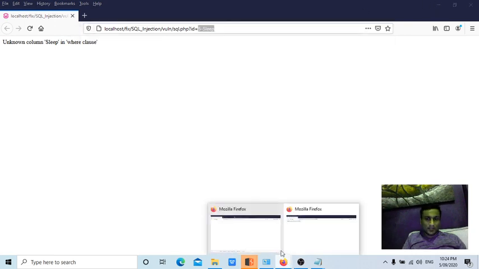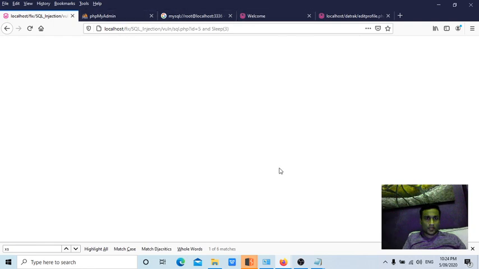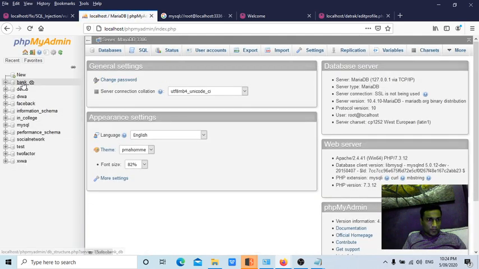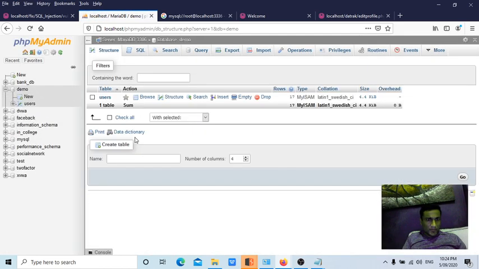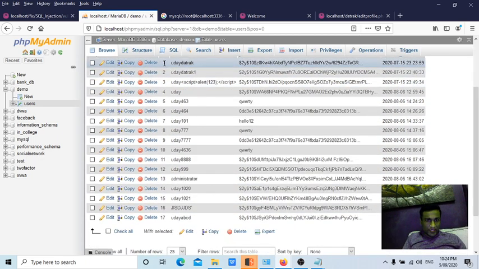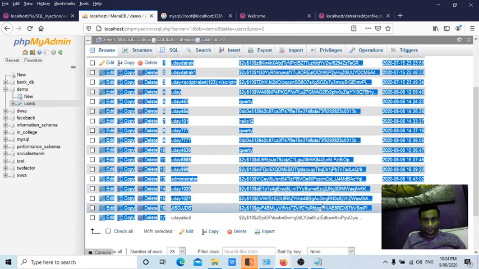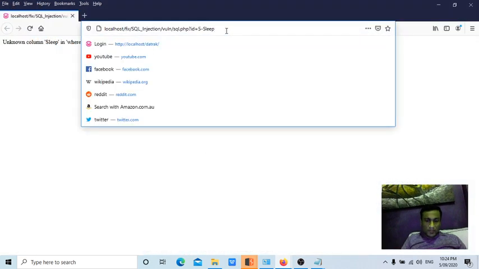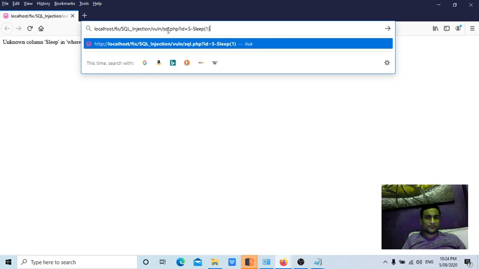For this we need to go back to phpMyAdmin. The time depends upon the number of records in the database, guys. For example, how many records are there here? 17 records are there, right? Now even if I put sleep 1, this function will be executed on every single row, guys, so it will take 17 seconds.